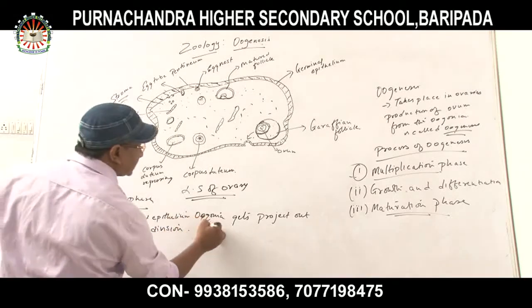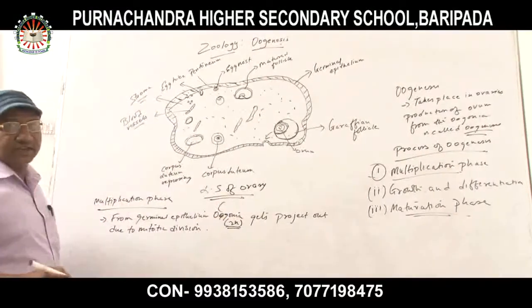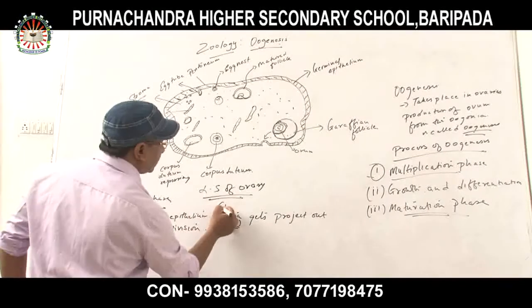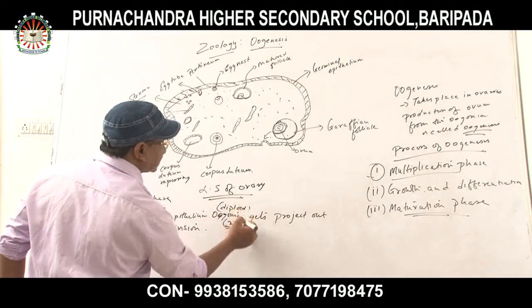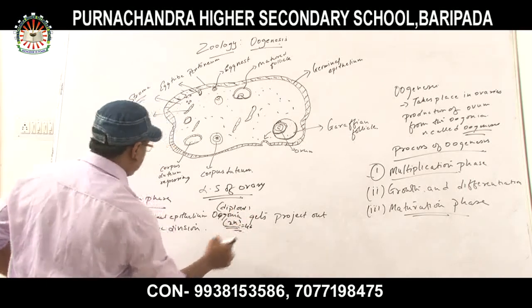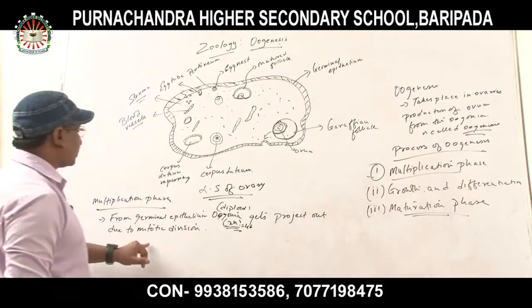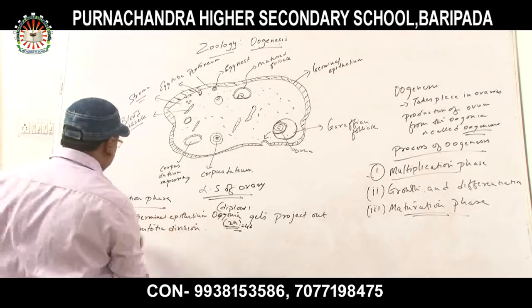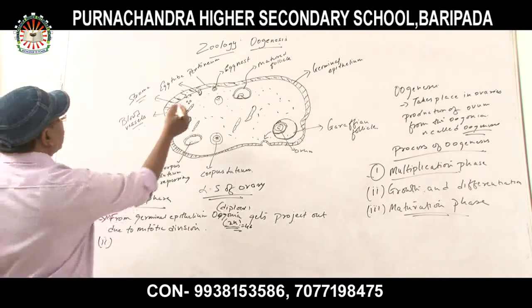As we know, oogonia is 2n. Oogonia is which kind of body? It is a diploid body having 2n, that is, the chromosome number is 46. Okay. From the germinal epithelium, oogonia get projected out due to mitotic divisions. Then after that,